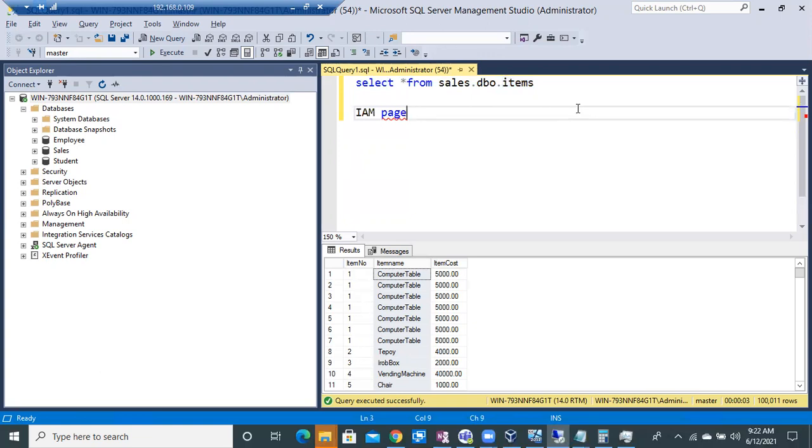So whenever you run a select query, the SQL Server database engine goes to the IAM page: let me know what pages are allocated for the items table. Then the IAM page will say, these 10 pages are used by the items table, take these 10 pages. Then SQL Server will load those 10 pages into memory.